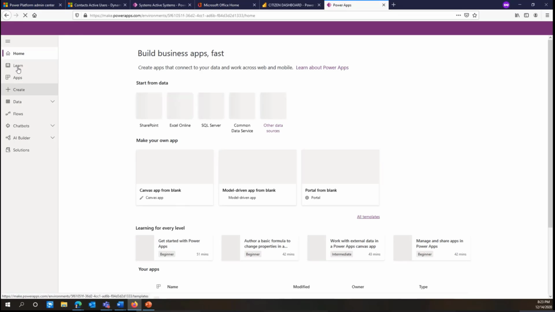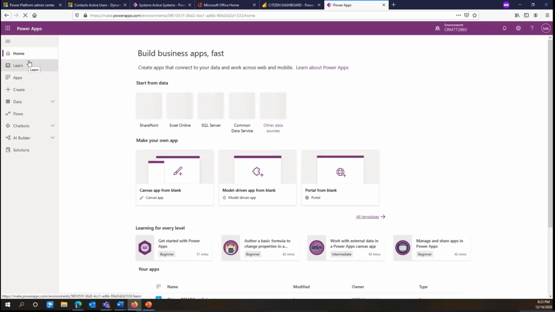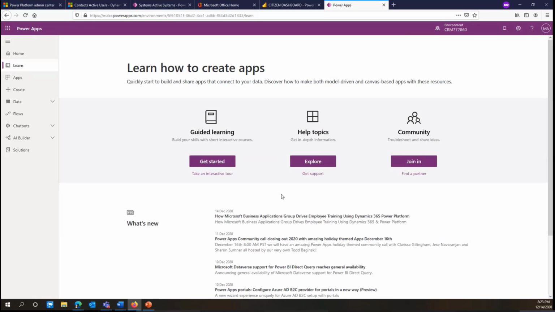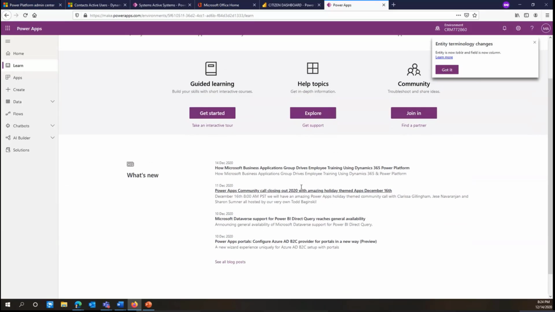When you start the Power Apps page, basically you will see here in the navigation menu the most important things available. And Microsoft has invested a lot in the last 5 years since this platform was launched in providing extensive learning resources. So everyone that wants to start learning, whether they're a Microsoft partner or Microsoft customer, can easily go in Power Apps and click on Learn, and they will find guided learning, help topics, the community